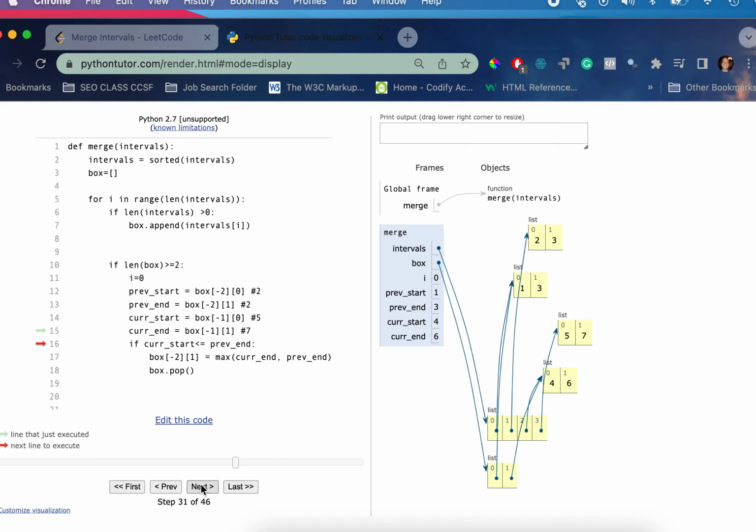And so again we're checking the current start, which is the 4, and whether it is smaller than the 3, and it's not, so it skips over it. And now it's going to add another interval to the box, if there is one, which there is, so 5, 7. So now that we added a new interval to the box, 5, 7, we're going to compare